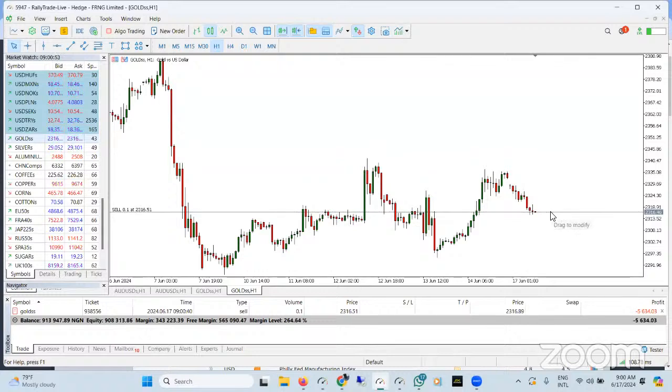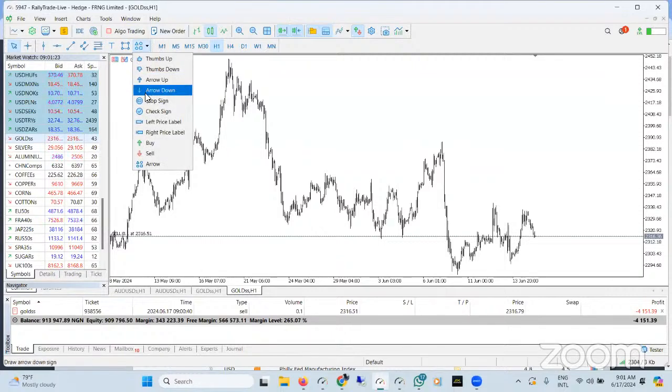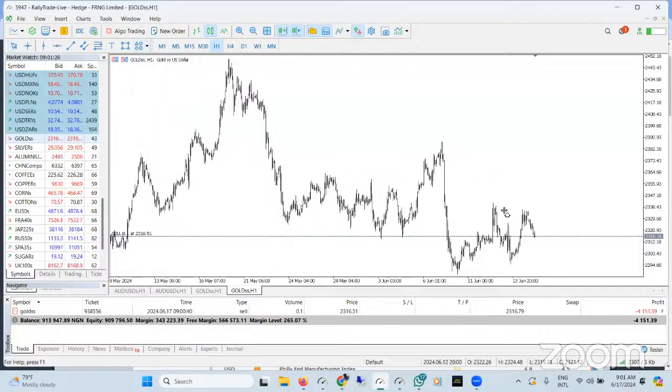For stop loss, I normally don't use number of pips. If I'm doing technical, I don't really do that. What I normally do is use structure. I look at structure and then I put my stop loss. Even before I put the profit, I put stop loss first. So I will zoom in so they can see it, and then look at structure. Since I've done a sell, the structure here dictates that there is, let me check for arrows. Arrow down. Okay, so there is a structure here, and then there's another structure here.